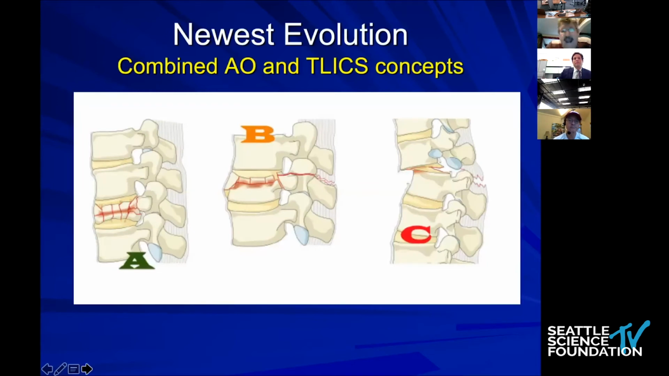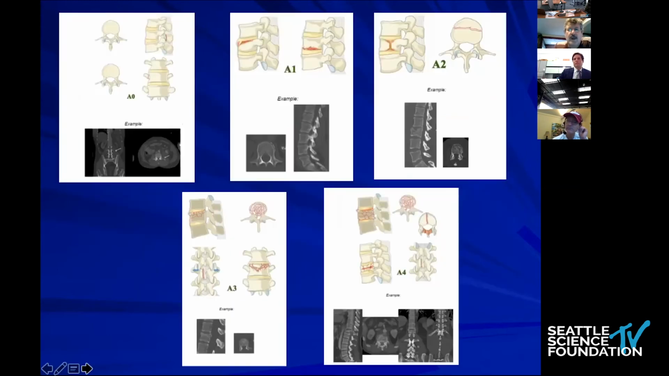So what happened next was that because it was inadequate in being able to communicate, the AO combined their old classification with the TLICS concepts and came up with a new classification. It simplified the morphology from the AO to say A0 is where we put simple spinous process, transverse process